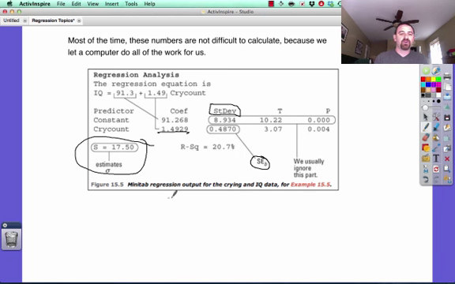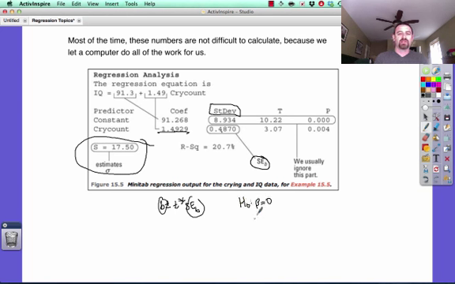So if I want to find B plus or minus t star times the standard error of B, I simply have to find B, which is here, and the standard error of B, which is here. All I have to do is find t star with n minus 2 degrees of freedom. Even better, though,